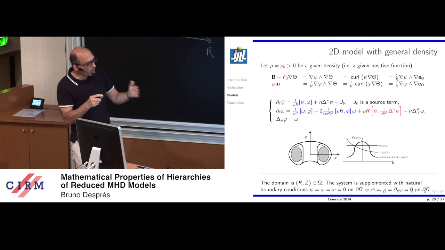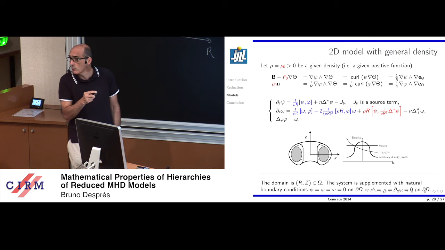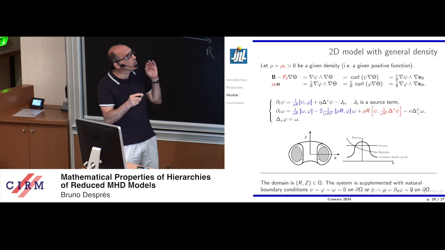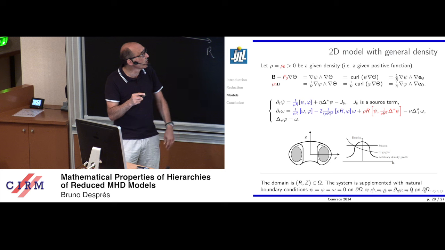So we wrote the weak formulation and the strong formulation which go with it. You get an equation for psi where you have weights which are functions of rho and R. You have resistivity. This is the Grad-Shafranov Laplacian operator. And you have a forcing term. And here is the equation for omega, and you have plenty of terms. You have new terms. But the nice thing is that with all this structure, you are sure that you have a closure relation. I will show it later.